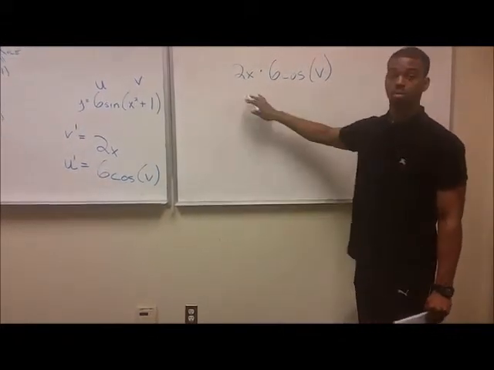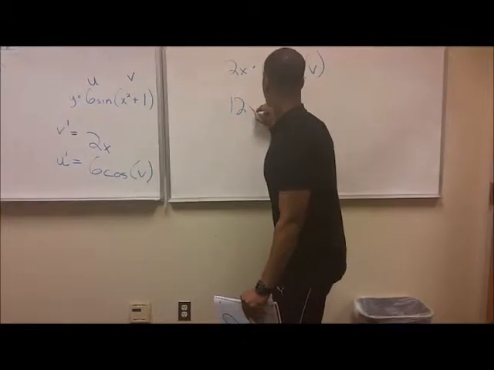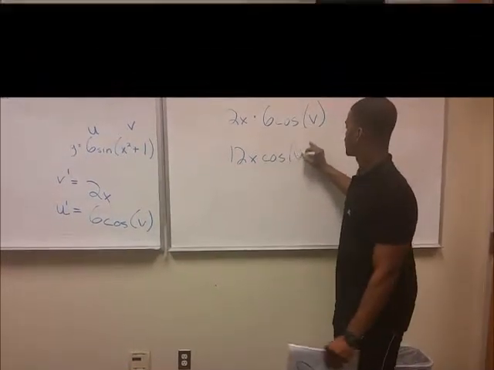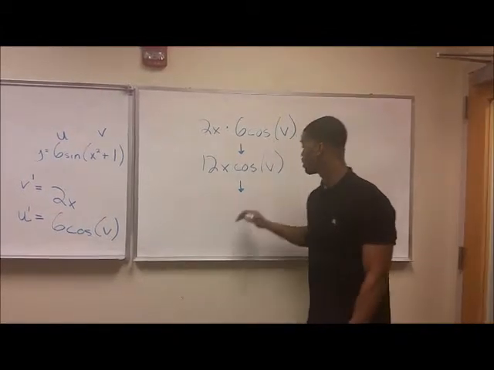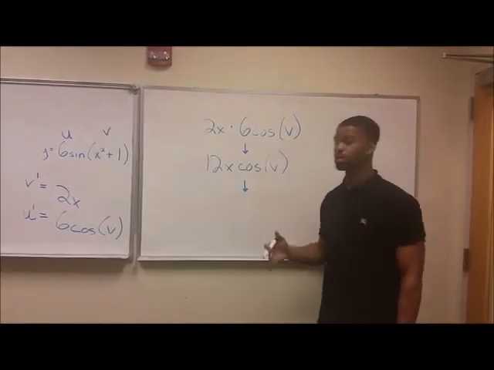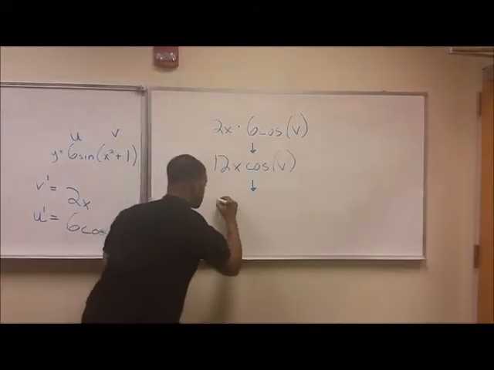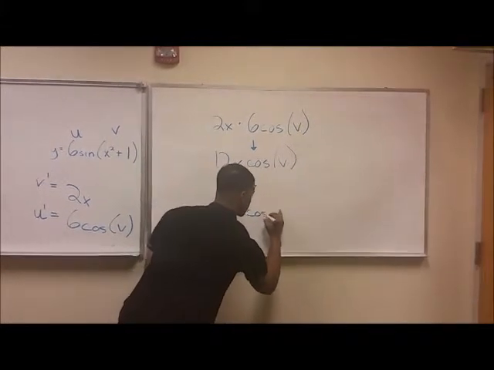So by combining these terms, we come out with a 12x cosine v. Now that we have 12x cosine v, we're going to want to fill in this v because that is not anything we can do mathematically with that. So it's going to be a 12x cosine